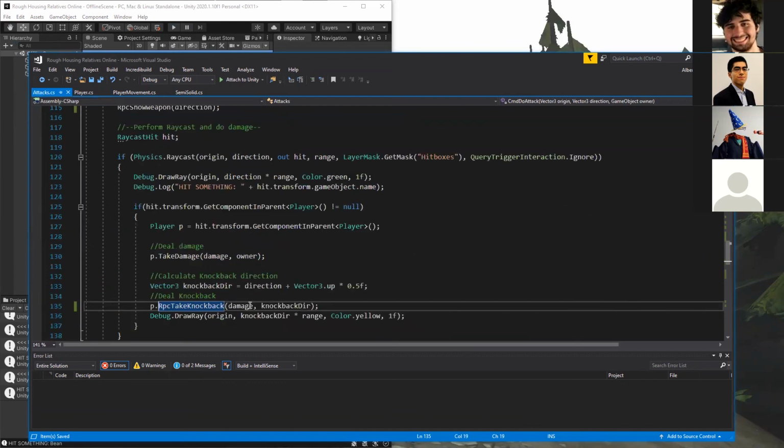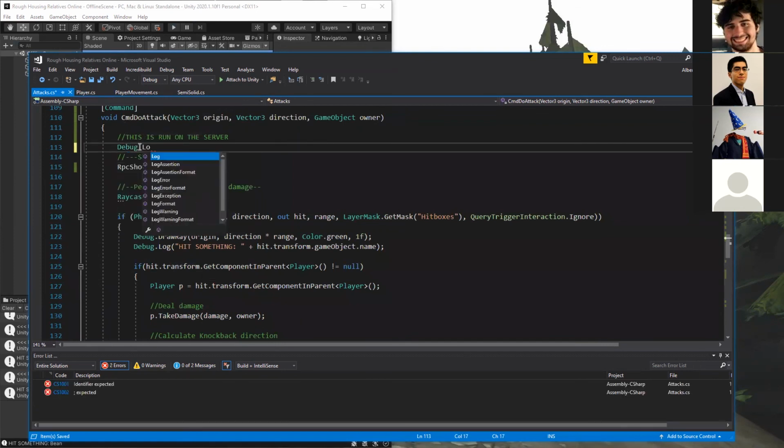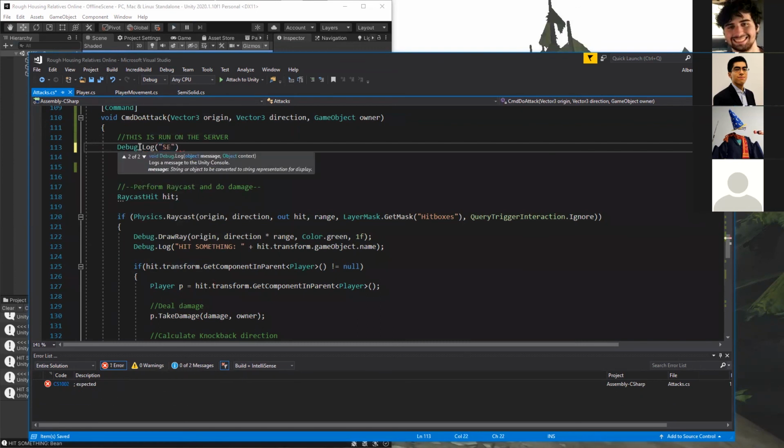Can you put a debug message in the command and do like debug server? And then we can use owner this time. Owner.